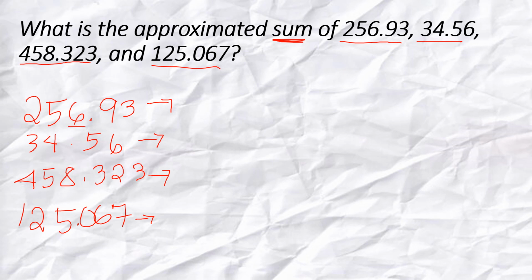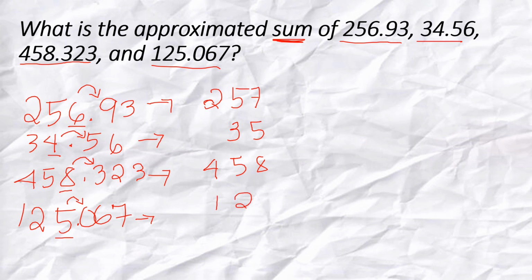So this is 6. The number beside it is 9. So round up. So it will now become 257. Next, 34.56. This is 4. The number beside it is 5. So round up. So it will become 35. This is 8. The number beside it to its right is 3. So round down. It will stay as 458. Next is 5. The number beside it is 0, so it will stay as it is. So round down. Next, since we rounded off each number to the nearest whole number, we can now add everything,